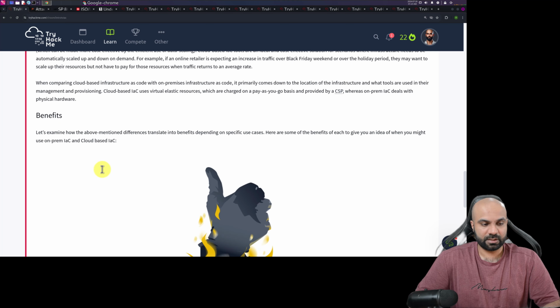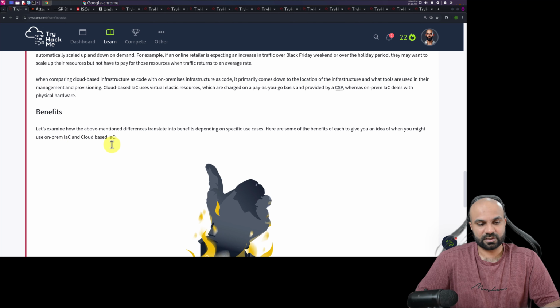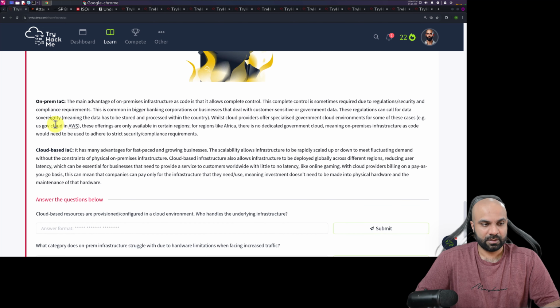Okay, let's continue. Benefits. Let's examine how the above mentioned differences translate into benefits depending on specific use cases. Here are some of the benefits of each to give you an idea of when you might use on-premises IaC and cloud-based IaC. On-premises IaC, the main advantage of on-premises infrastructure as code is that it allows complete control.